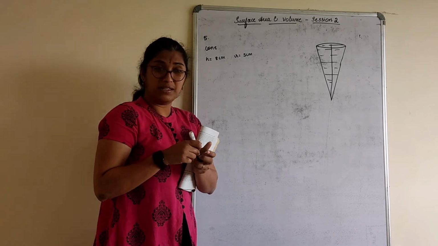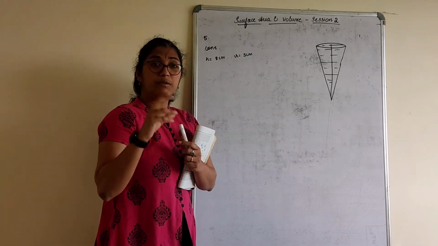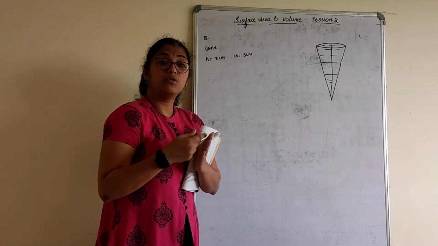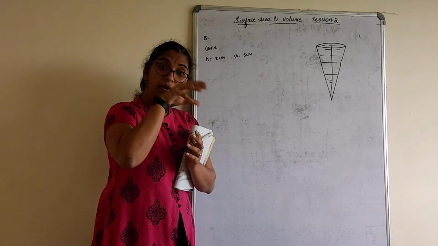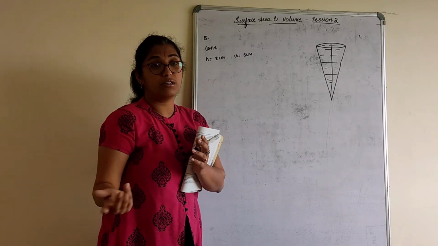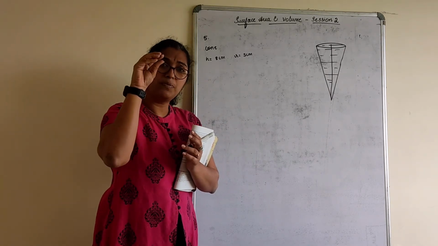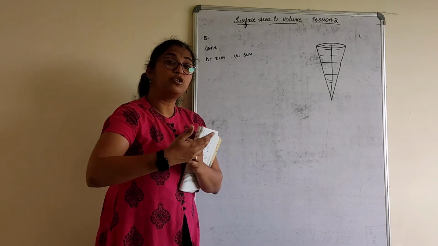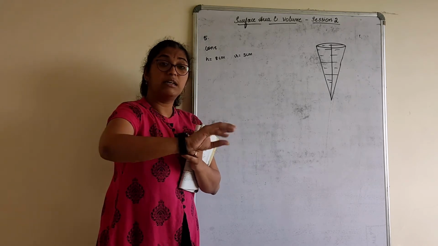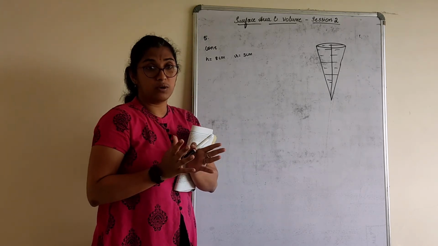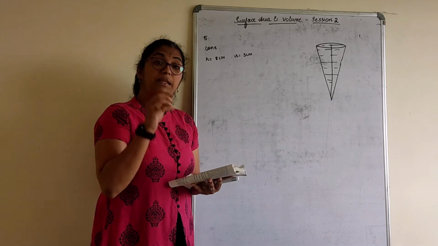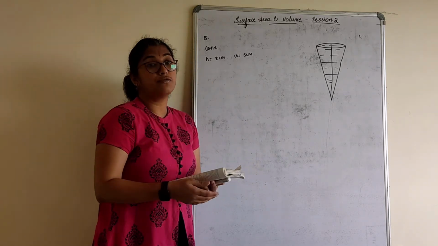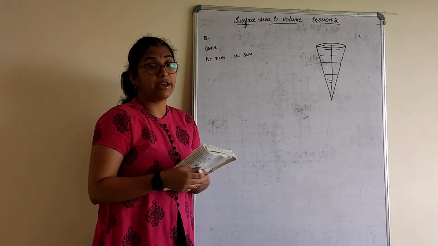That means, for example, just assume I am dropping one big lemon or a big ball into this. 1/4 of the water splashes out. So I know that when I drop one big ball, 1/4 of the water splashes out. What if I just drop a small lemon? That means that much water will not splash. Suppose if I drop around 4 lemons, that time 1/4 of the water splashes out. Similarly here, we are dropping the lead balls. When we drop how many lead balls does 1/4 of the water splash out? That is what we have to find.